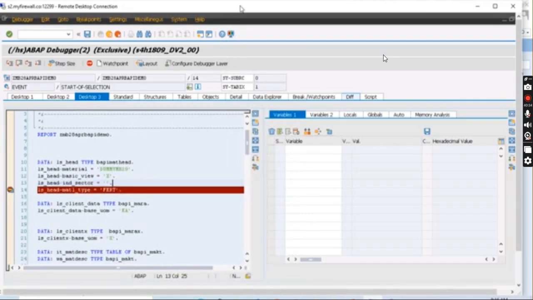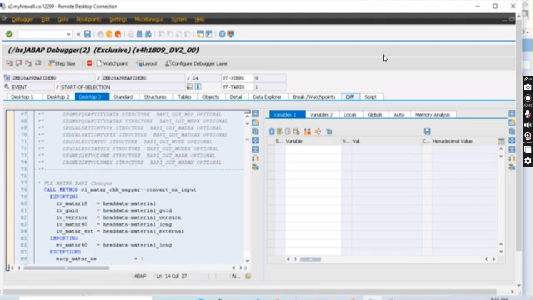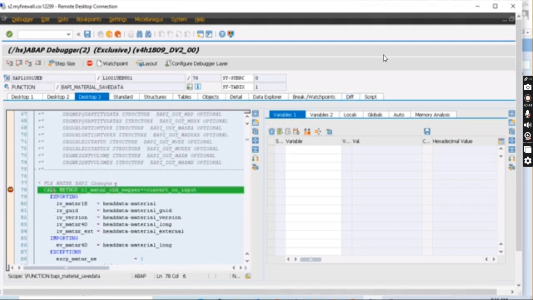Now press F8, and you can see that it has stopped automatically on the first line of that particular function module.